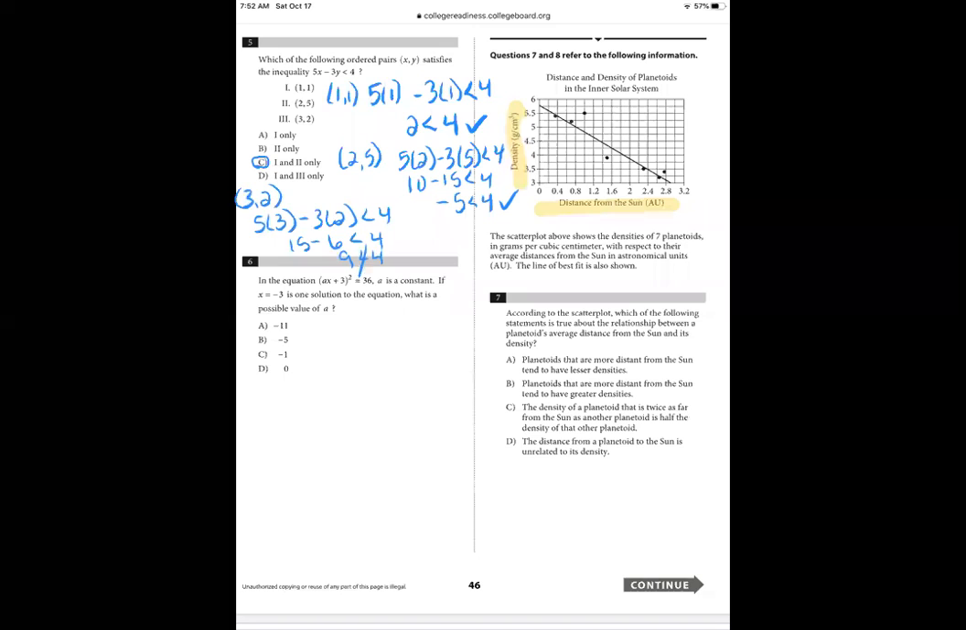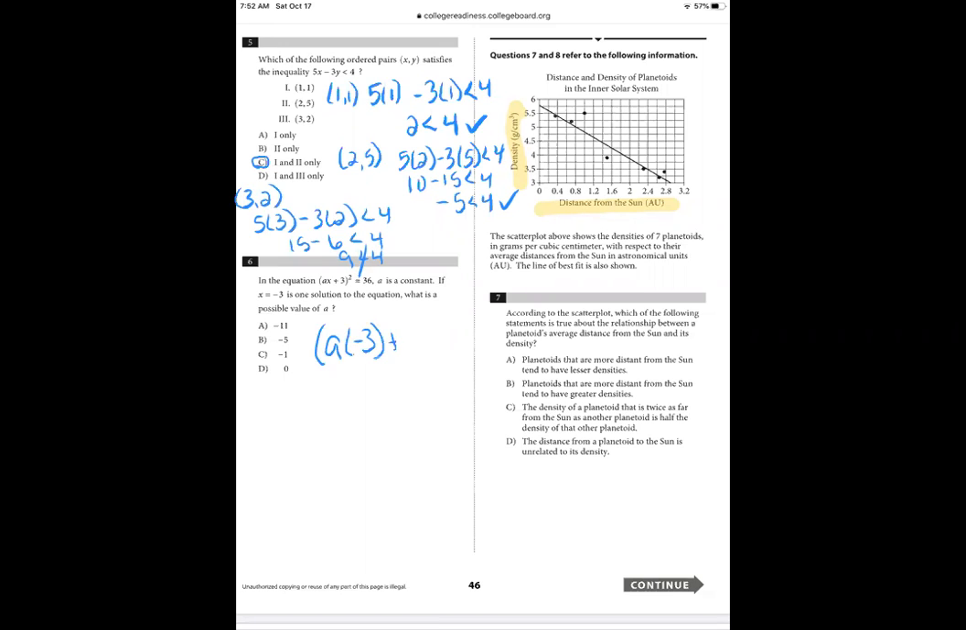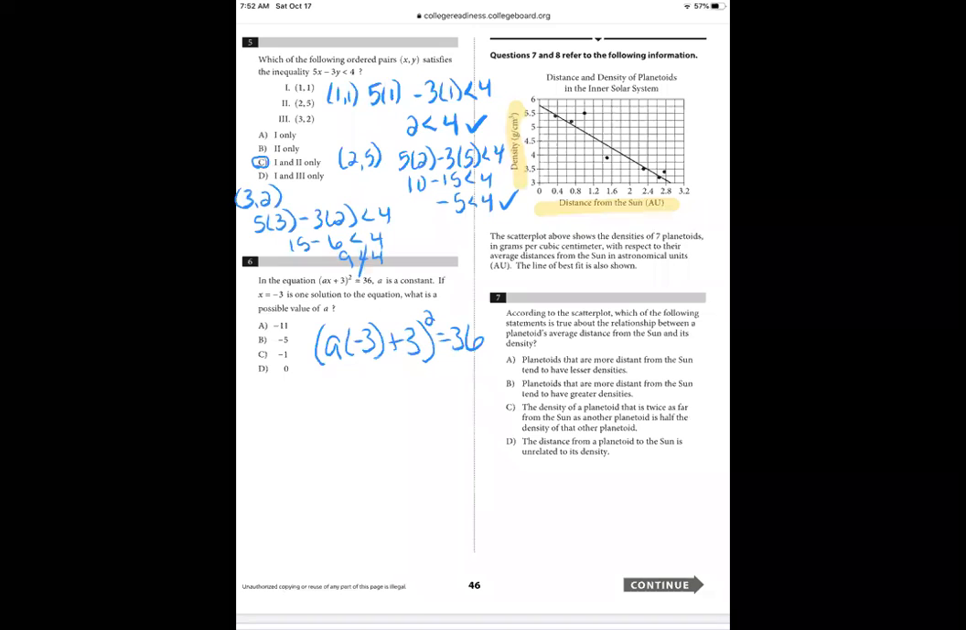For number 6, if we go ahead and plug in negative 3 for x, that would give us a times negative 3 plus 3 squared equals 36. And we are looking for one possible value of a. So if we solve this for a, we can simply take the square root of both sides. You could FOIL this, but it's going to be much faster if you go ahead and take the square root of each side. So taking the square root,